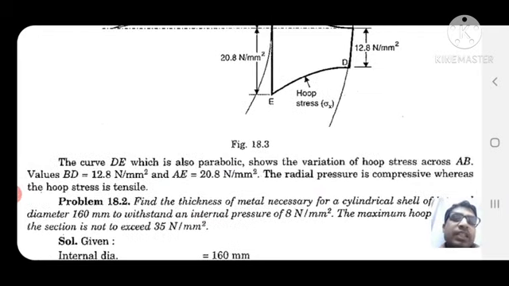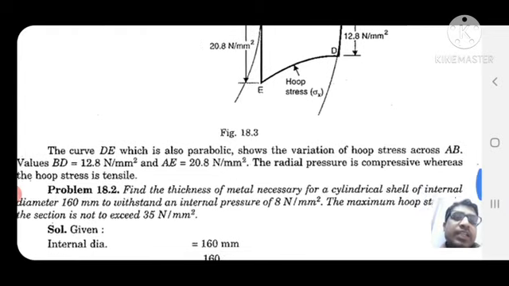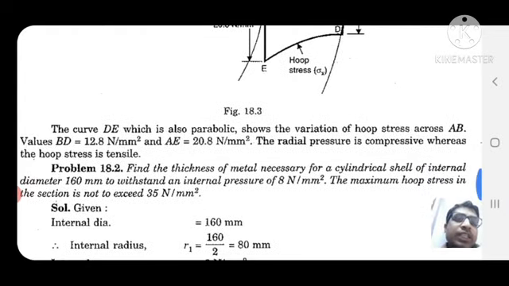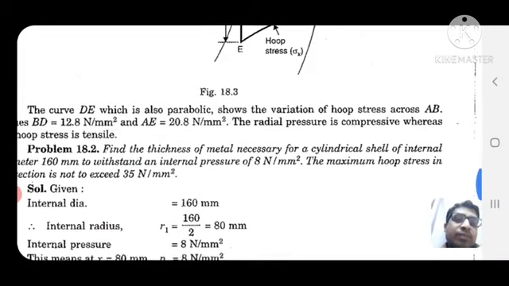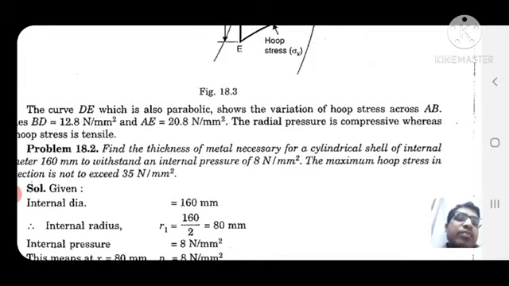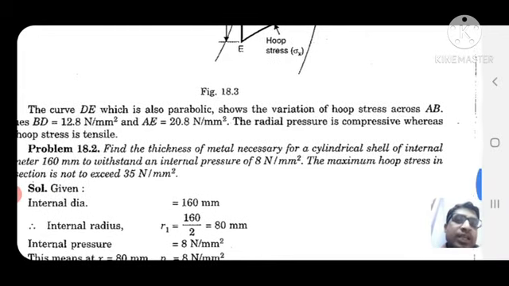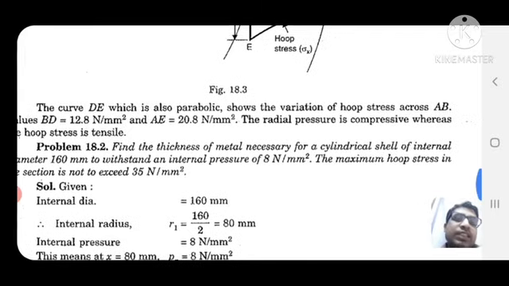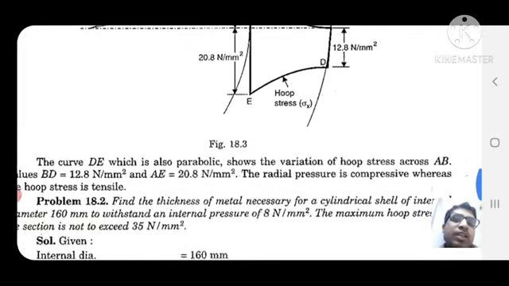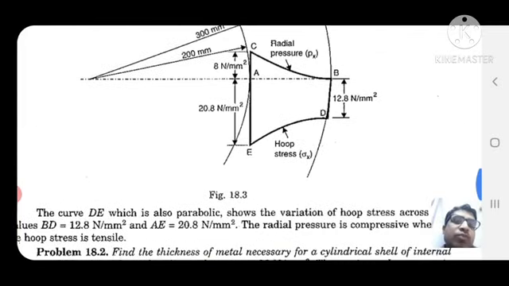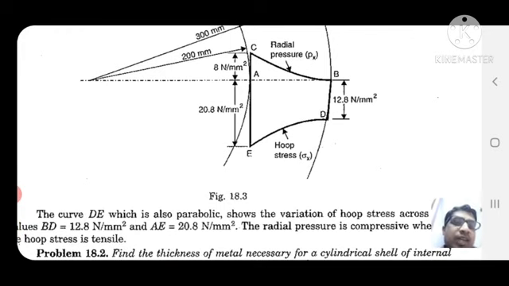Values BD is equal to 12.8 Newton per millimeter square, and AE is equal to 20.8 Newton per millimeter square. So the radial pressure is compressive, whereas the hoop stress is tensile. So after the calculation, you have to draw the diagram. The curve DE,